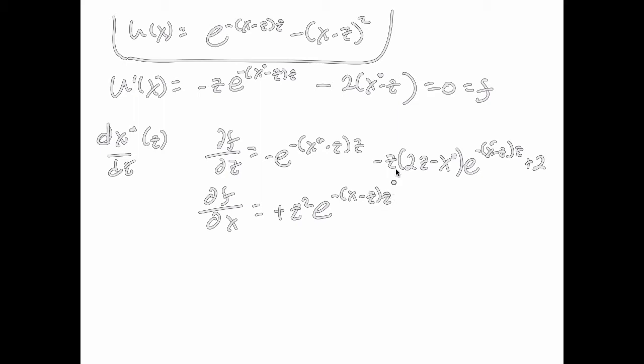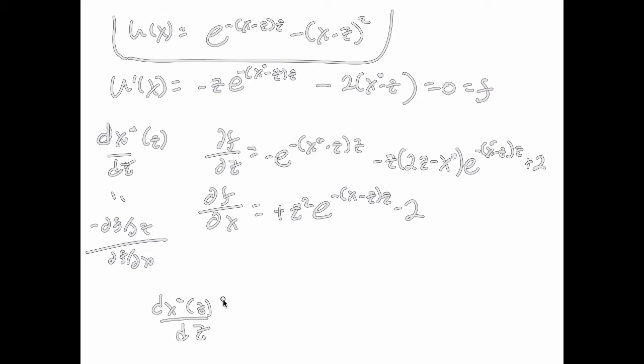And we get a minus 2 over here. Why do we do those two things? Well, because this derivative over here, by the implicit function theorem, is partial f partial z divided by negative partial f partial x. So this whole derivative, which is what we want in this case,